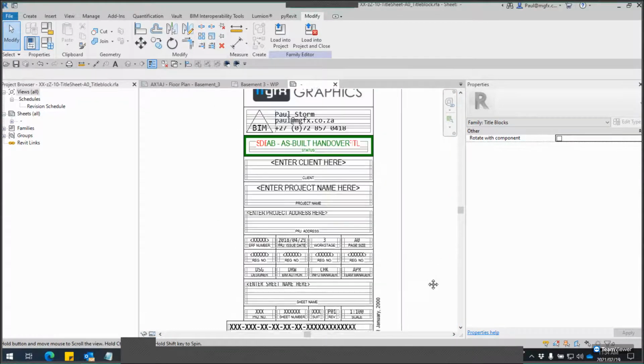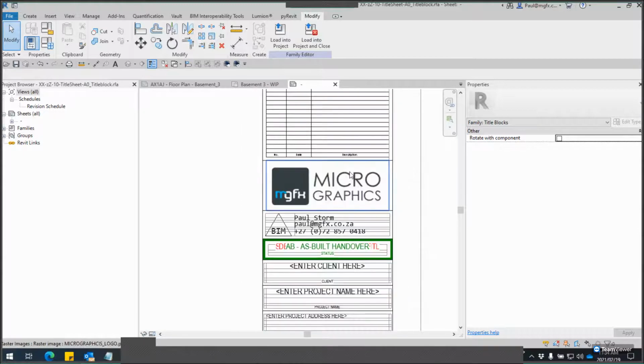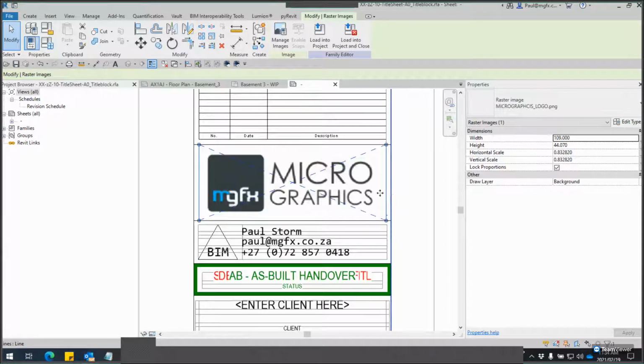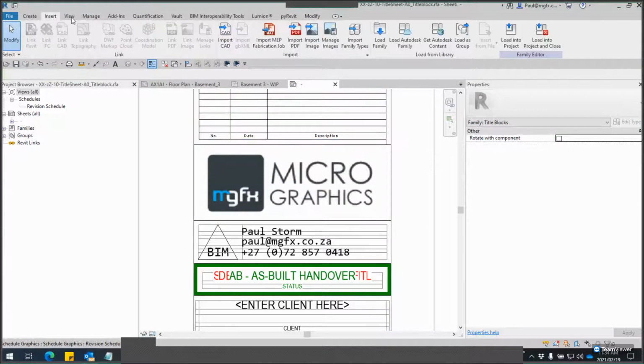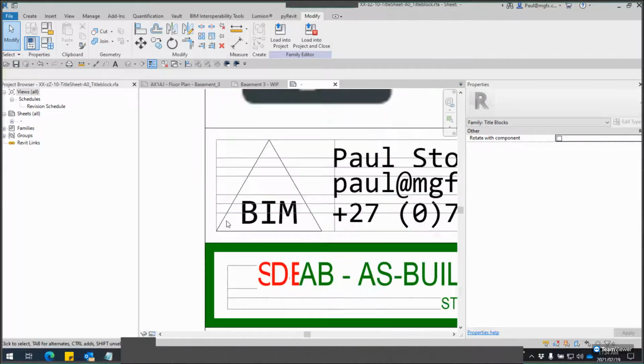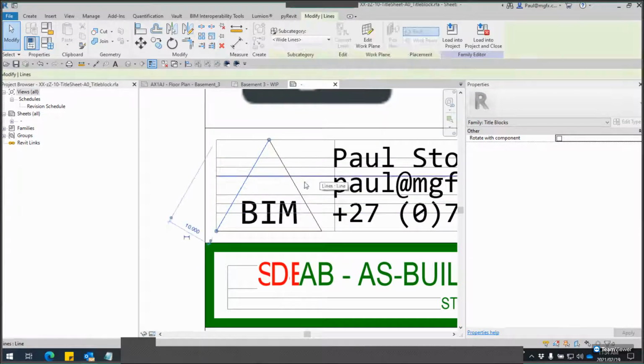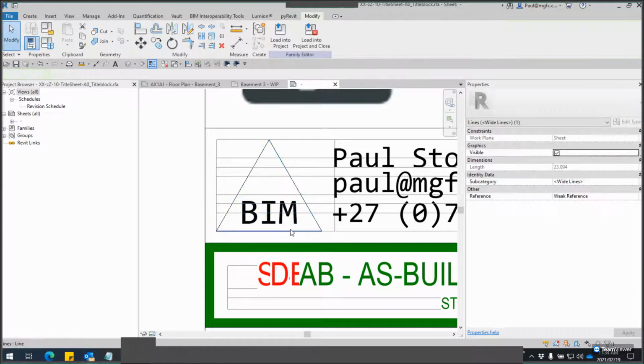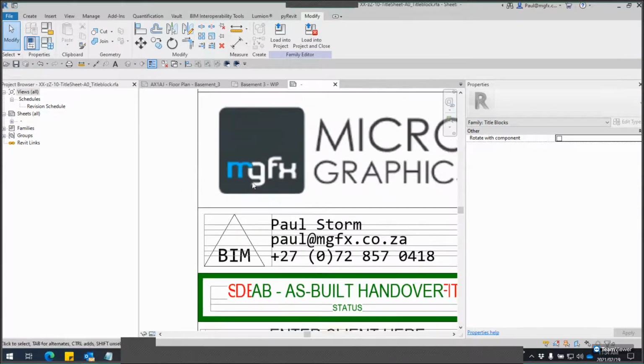So to recap, this is an inserted image which has been scaled correctly. These are just simple lines and add. It will take some doing to reproduce this item here